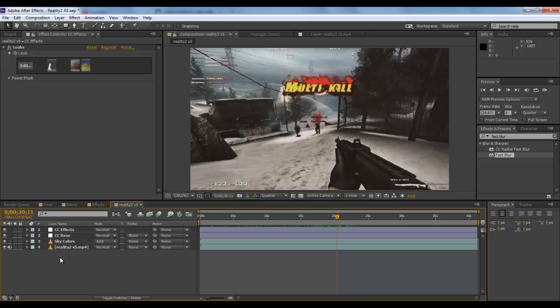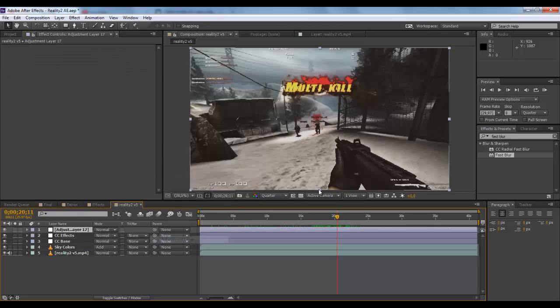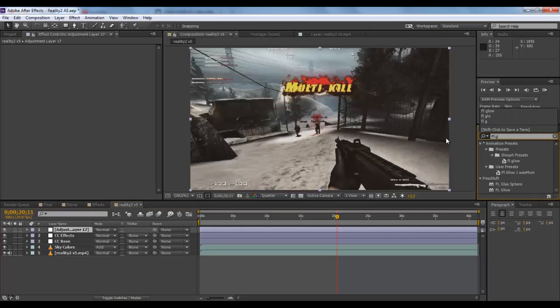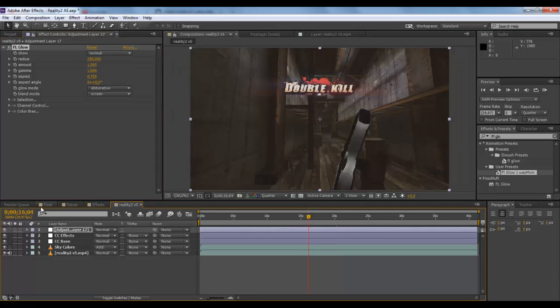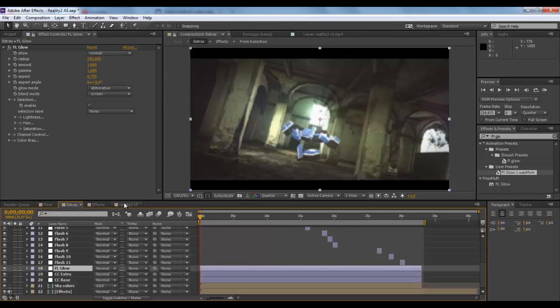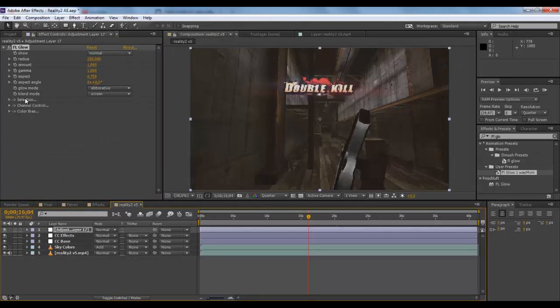And the last but not least, create a new adjustment layer. And I just go search up FL Glow, I think. Yeah, I have one of my presets. So you can see it gives it more color, and I actually changed a little bit the settings so that you have less light, more diffused. So I'll just go back into channel control. No, lightness. Yeah,